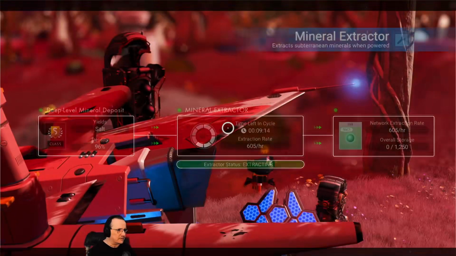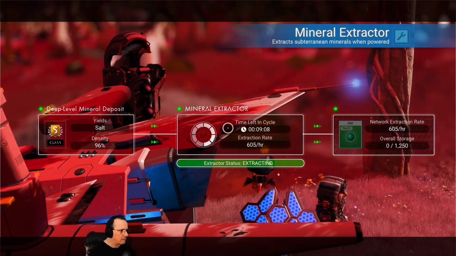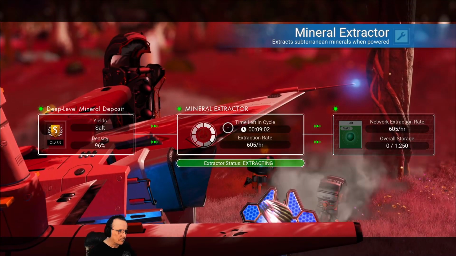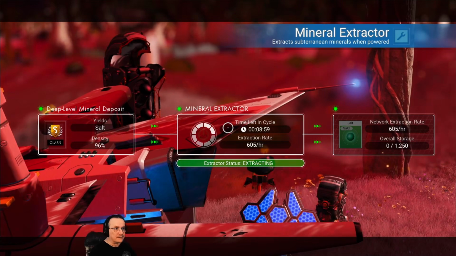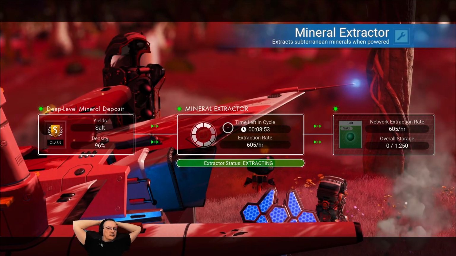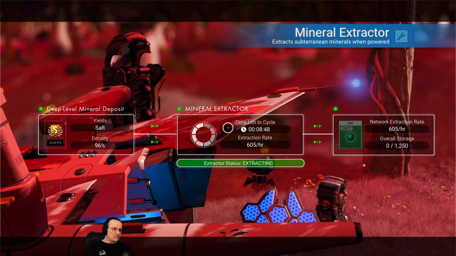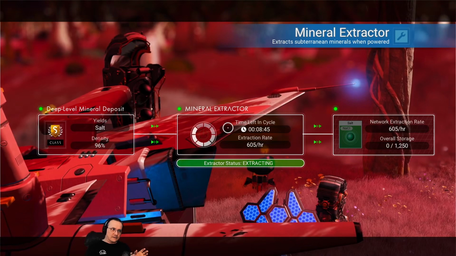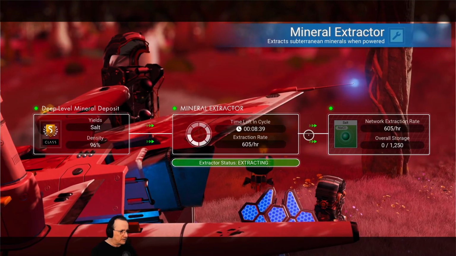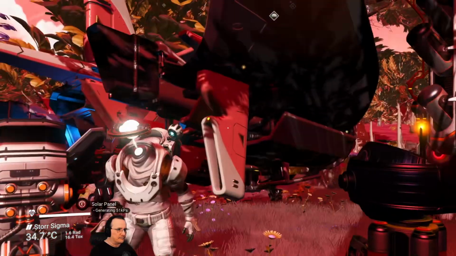And this thing is producing 605 per hour. Okay. Time left in cycle, 9 minutes. Oh, so there's lengthy cycles. It doesn't just produce continuously. I see. So it might be that it actually was producing in the previous day cycle, but it just didn't finish its production cycle. So there's 8.5 minutes left. All right, so what I'm going to do now,